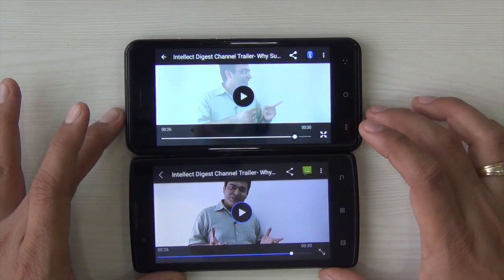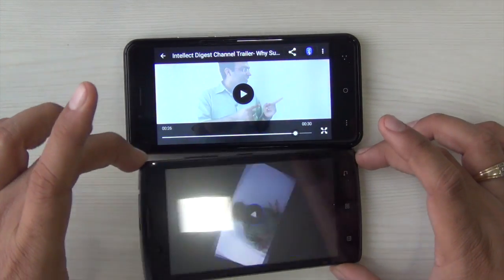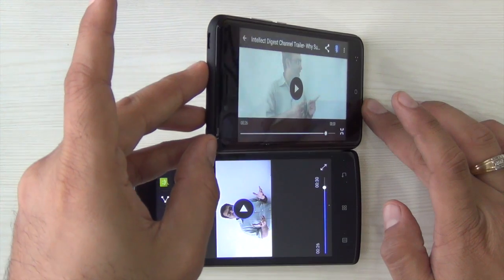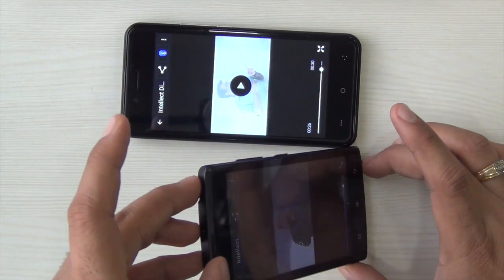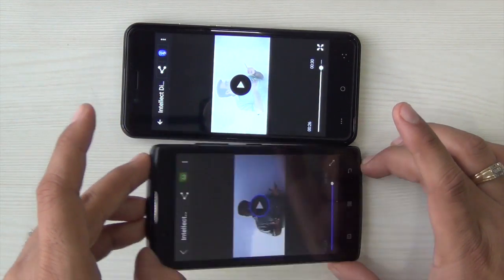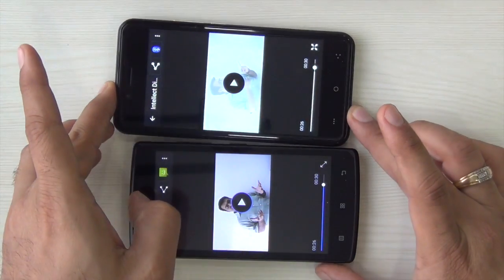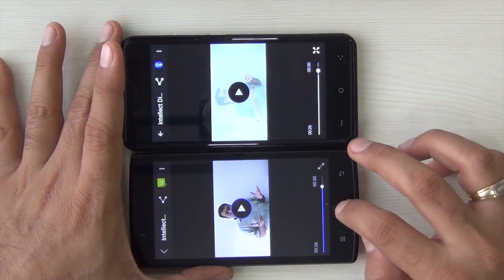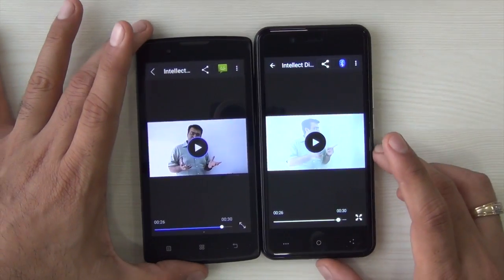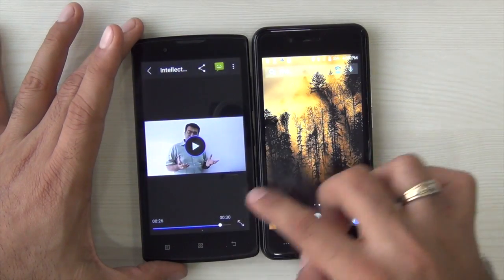There is better color reproduction and viewing angles on the Elite 2, which is on top here, compared to what you get on the Lenovo A2010, which fades very fast as soon as you tilt the display compared to the Swipe Elite 2, which is visible from steep angles. So in terms of absolute video quality, Swipe Elite 2, which is here on the right hand side, is better